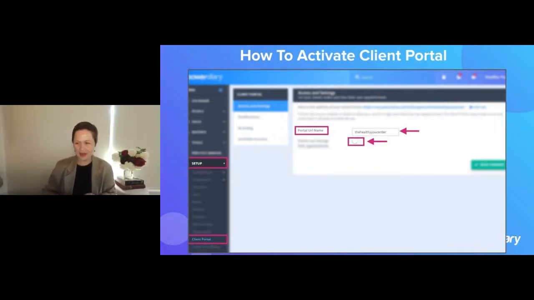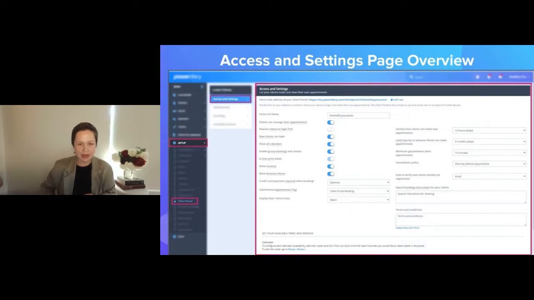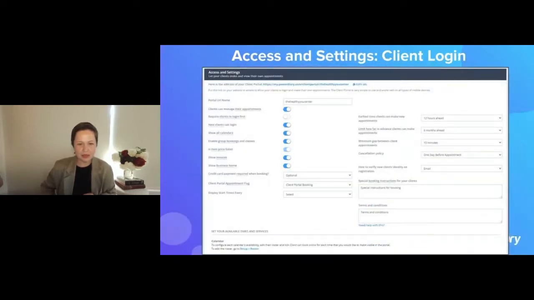But thank you. So once we have enabled the portal, you will get to the access and settings page. You see, it's pretty full on. It sets up most of your client portal features here. So let us have a look at them in more detail. So we will start